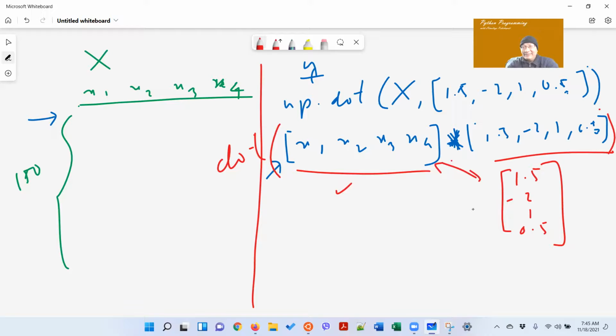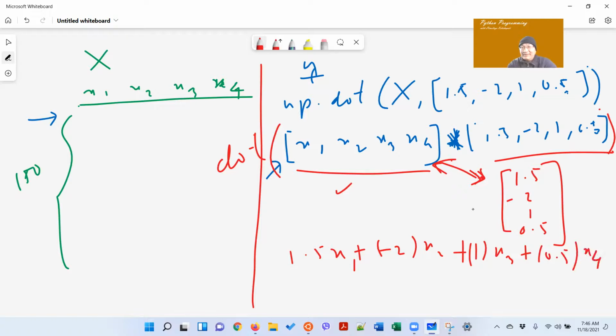अब यो र यो मल्टिप्लाई गर्न मिल्छ। अब यसको रिजल्ट के आउँछ, ल भन्नुस् त, what is the result? यो दुईटा मल्टिप्लाई गर्दा मैट्रिक्स मल्टिप्लिकेसन: x1 into 1.5 plus x2 into -2, x3 into 1 plus x4 into 0.5. Very good, यो फर्ममा आउँछ नि त।